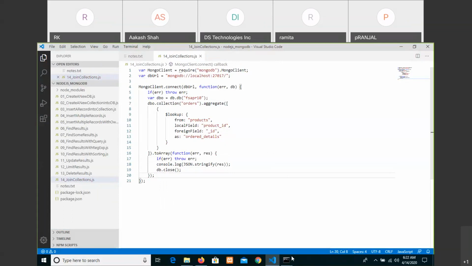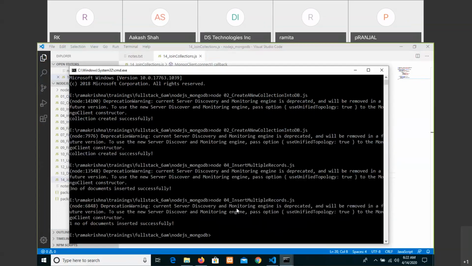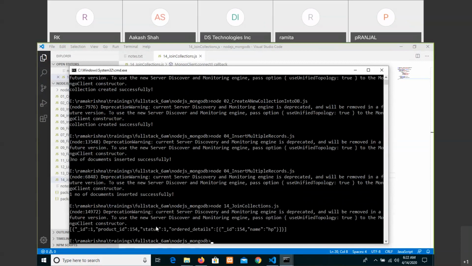Now let us see what we get. ID 1, product ID 154, status 1, and order details, which you have ordered, 154, and what is the name of the product?